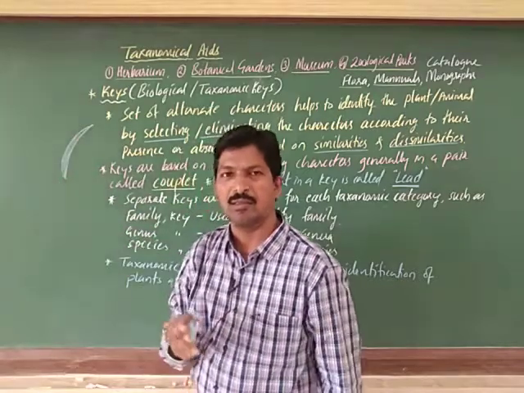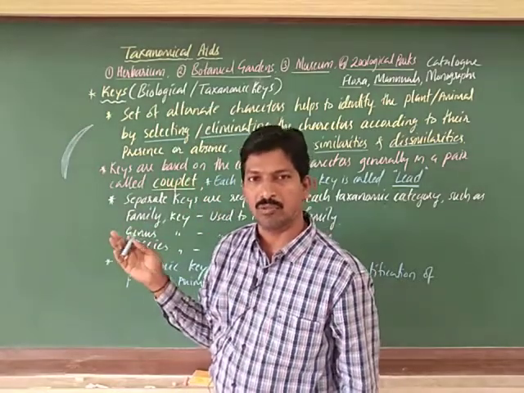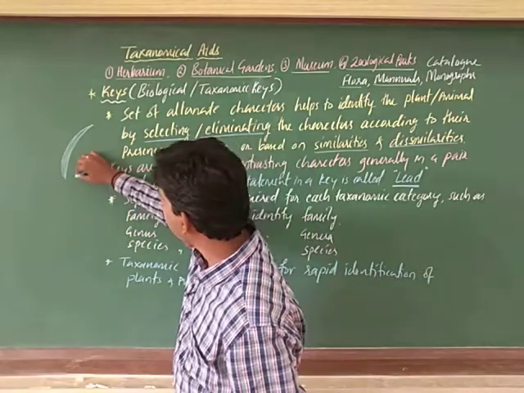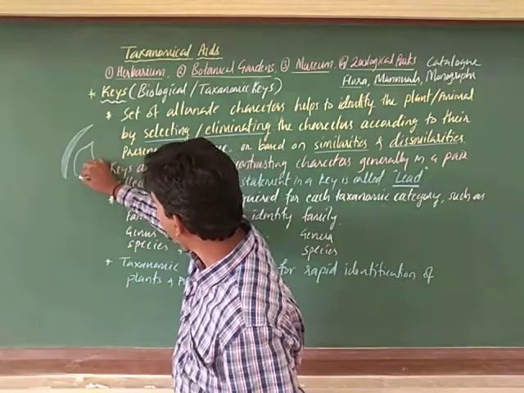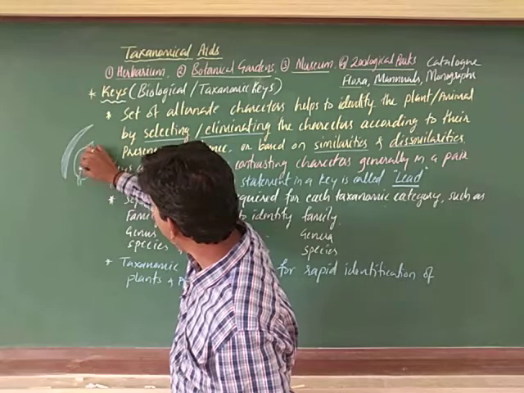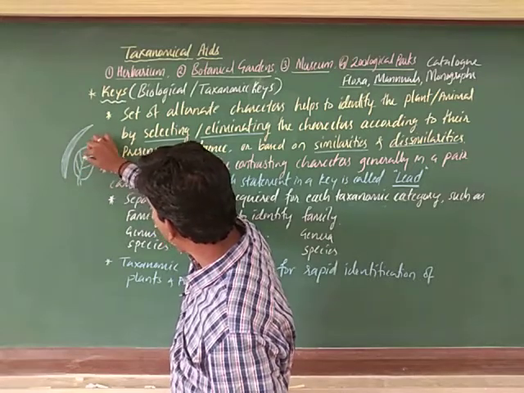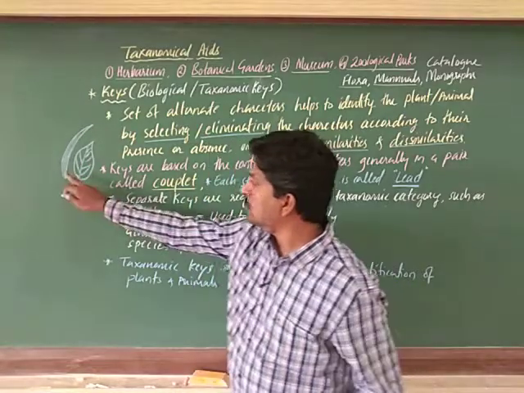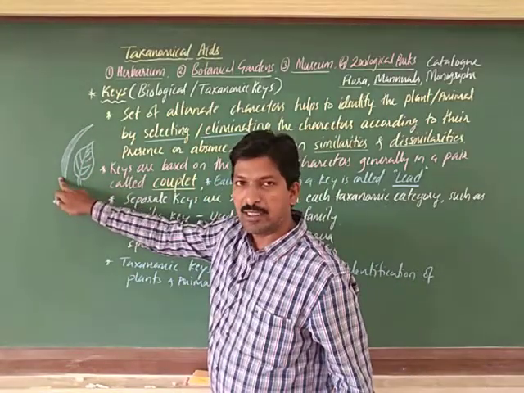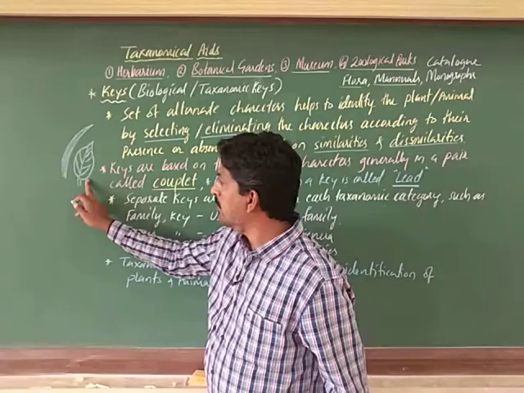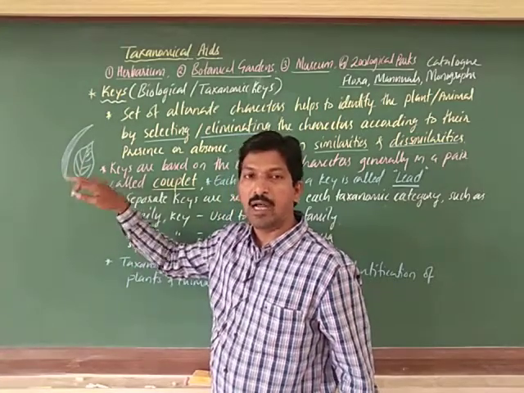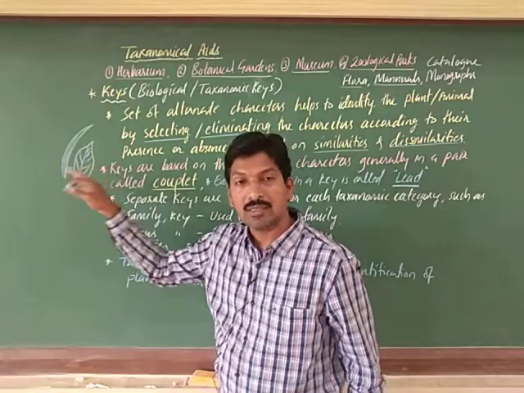Again, in plant anatomy and morphology we are going to discuss this in detail. So what does alternate character mean here? Another leaf, from a plant with this type of leaf, has reticulate venation. So this leaf has parallel venation, and this leaf has reticulate venation. This is the opposite, alternate or contrasting character.